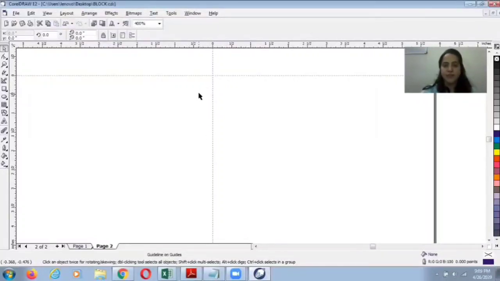Now for 12.5-inch figure, we have to mark the table of 1.25 inch.